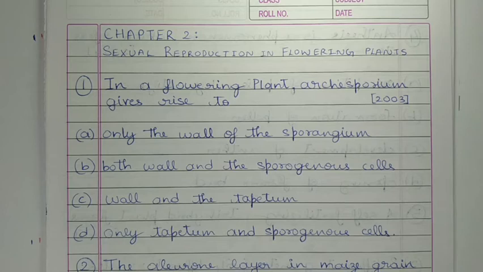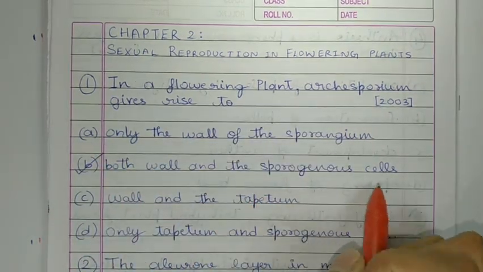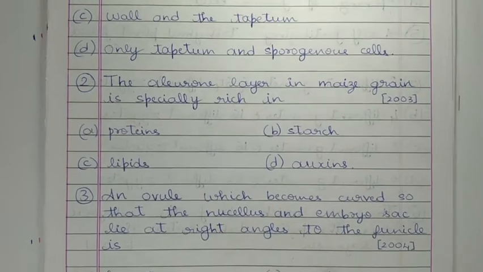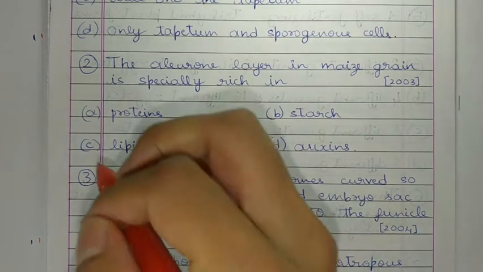Hi everybody, in this session we are going to solve previous year's questions from NEET of class 12 biology, chapter 2, sexual reproduction in flowering plants. Question 1. In a flowering plant, archisporium gives rise to option B, both wall and the sporogenous cells. Question 2. The aleurone layer in maize grain is especially rich in